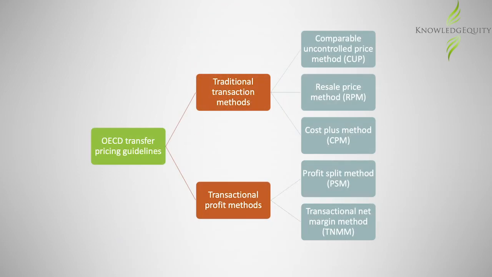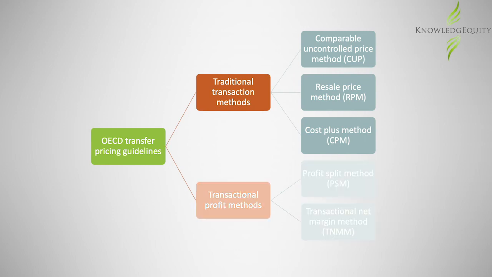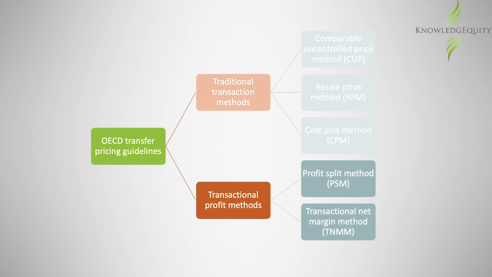To recap, there are 5 methods that can potentially be used to determine the arm's length price of a cross-border related party transaction. Which technique to use in any situation depends on the nature of a taxpayer's transaction, as well as what information it has access to. If there is sufficient information to use one of the traditional transaction methods, then one of those methods should be used. The transactional profit methods should be used where profits between related parties can be split on a valid basis or a net margin profit ratio can be applied from a comparable transaction.